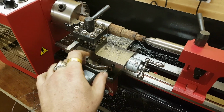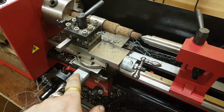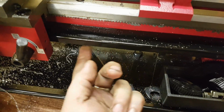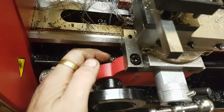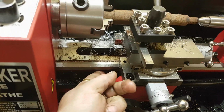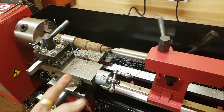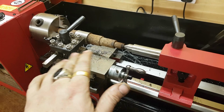So you have to take the top slide off, clean it, oil it, put it back on again, and also the cross slide. Underneath here you've got the lead screw. The lead screw is bone dry, and also the compound gear just here, and the gear for moving the carriage along the rack was bone dry, so they need oiling. What else was there? Yeah, the screws as well. The lead screws for these are bone dry. So like I say, it needs